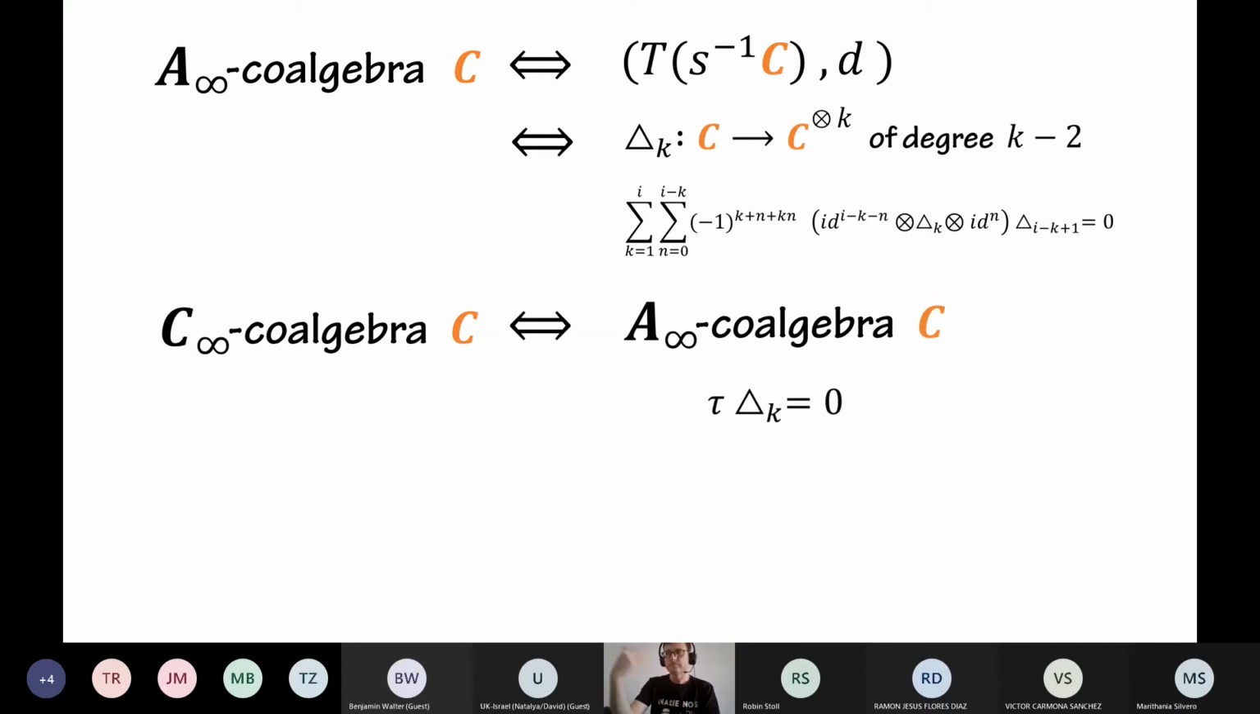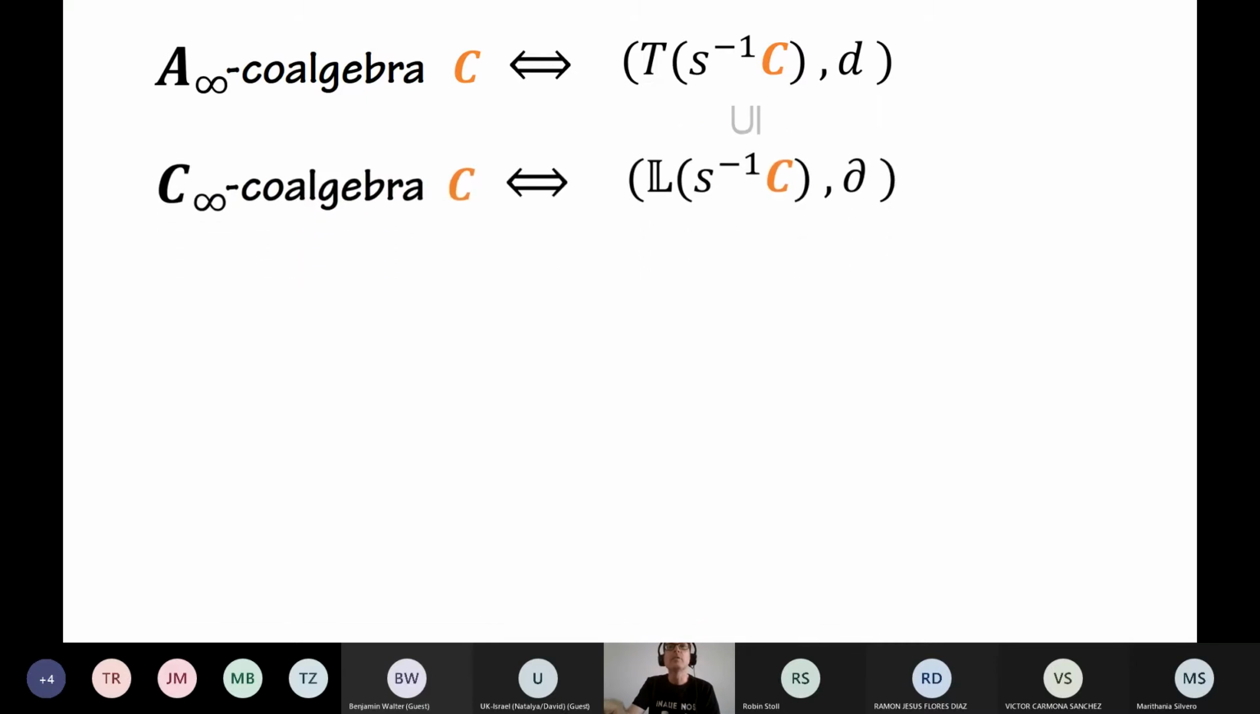image of the comultiplication in degree k vanishes on the unshuffled product. But this can also be described in terms of free Lie algebras, because a C-infinity coalgebra is just a differential in the free Lie algebra generated by the suspension of C. Because this can be seen as a